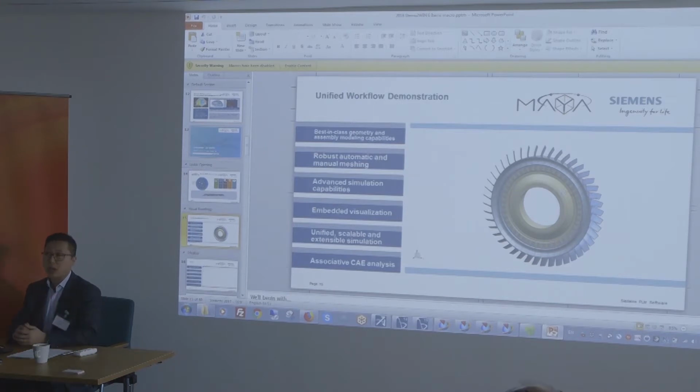So sometimes you don't want an expert user of NX or SimCenter to be able to review your results. So is it possible to export the results to a neutral format like JT so that someone can just freely open the model, look at the results, and that's it? So that's possible. In terms of scalable solutions, I think throughout the first part of the journey, we've talked about